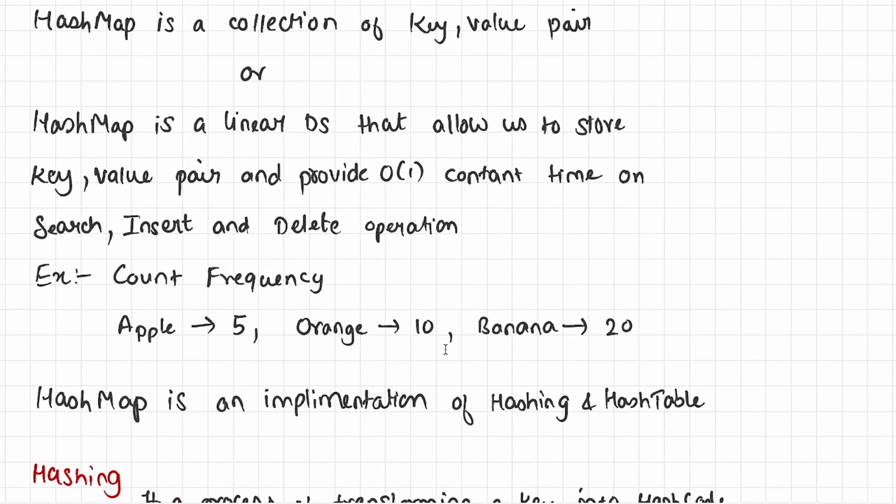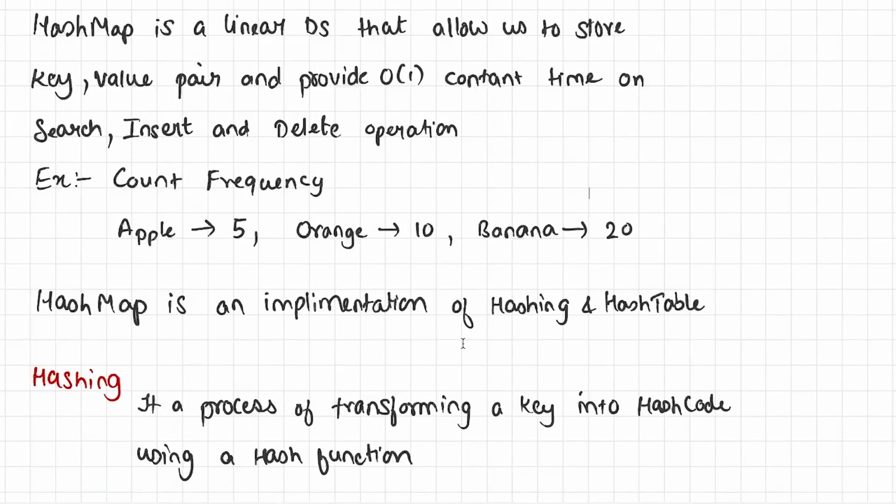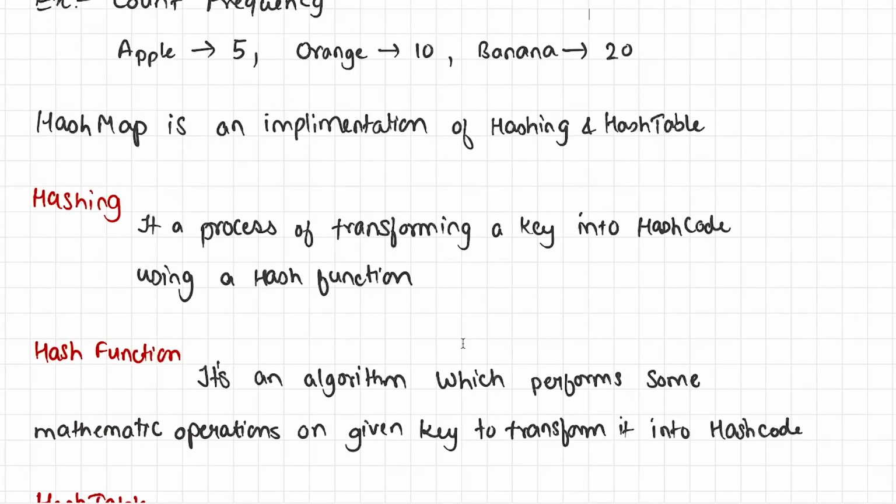Now the next question is how HashMap is actually implemented in Java. Well, HashMap is implemented in Java using hashing and hash table. For those who don't know about hashing and hash table, I have created a dedicated video on hashing and hash table. If you have not watched that video, then I highly recommend watching that video, coming back here and continuing with this video. You will find the link of that video by clicking on the I button, or you can find the video in the current playlist you are watching. Now back to the video.